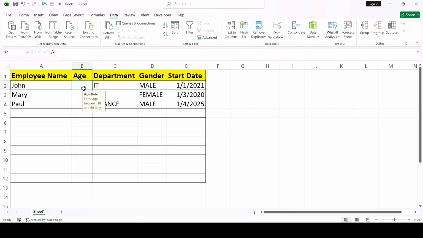As you tap on this cell, look at what just happened. It has already popped out the message saying age rule, enter age between 18 and 60 only. It is now telling you to enter age between 18 and 60 only. So anybody that sees this knows that it is between 18 years and 60 years that this application needs. So let me say I come here, I type